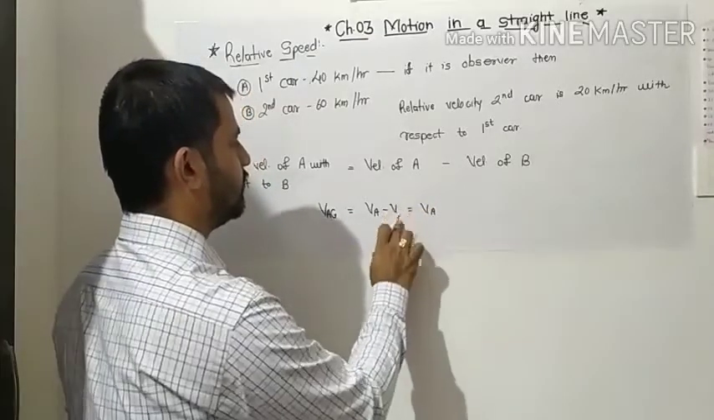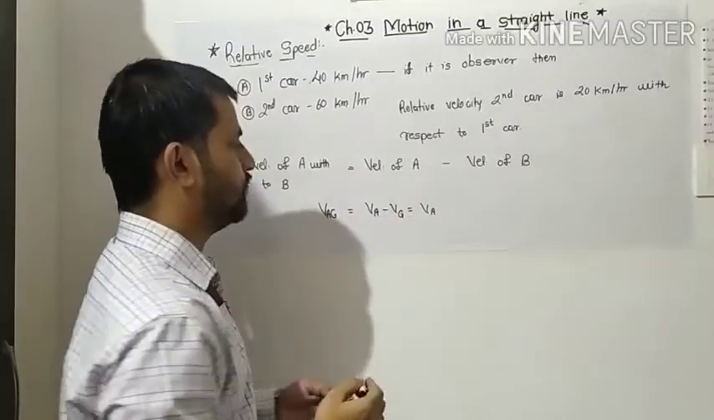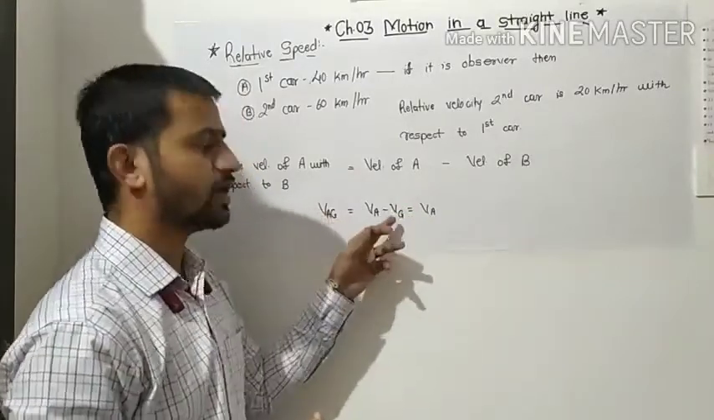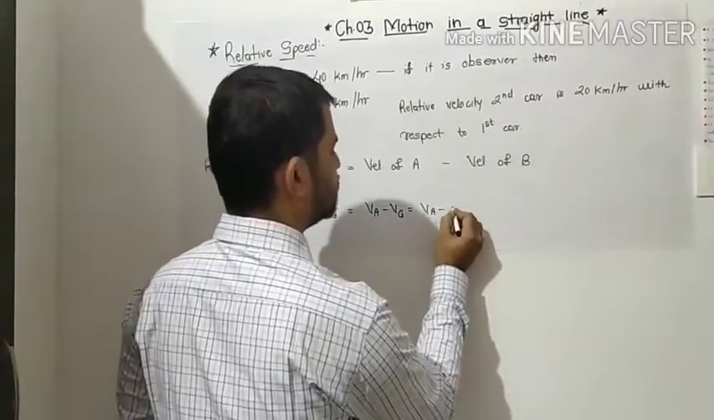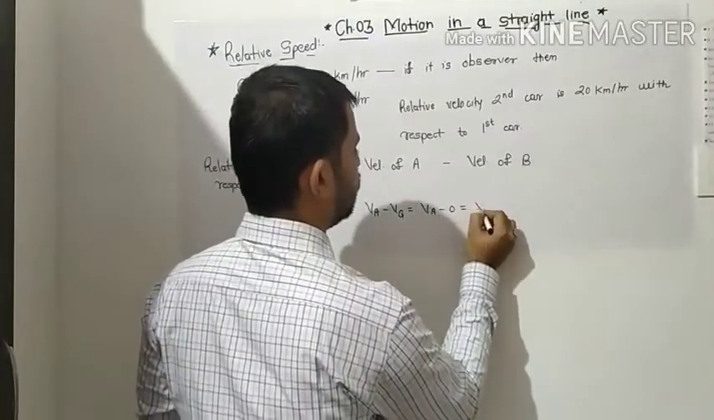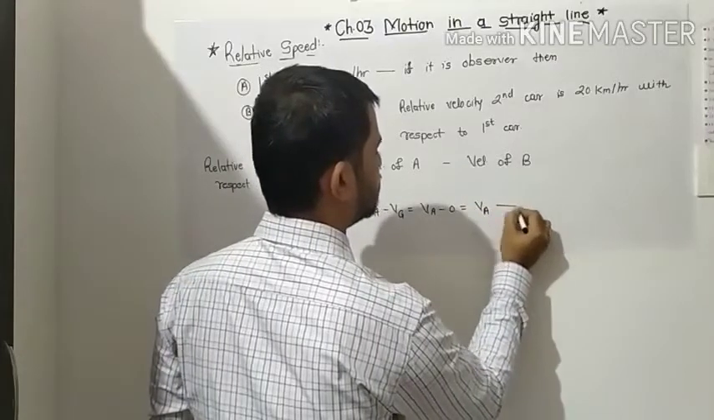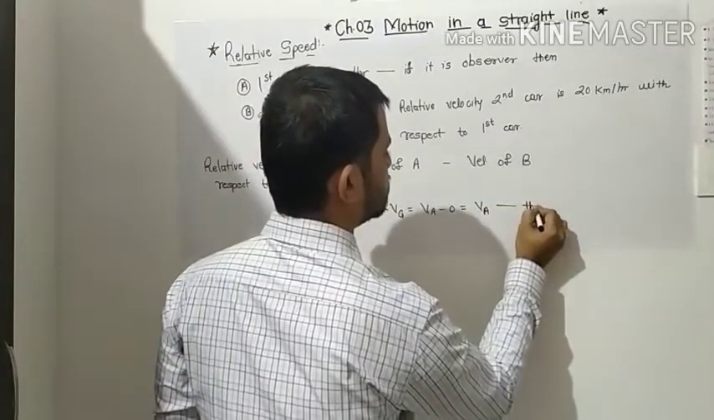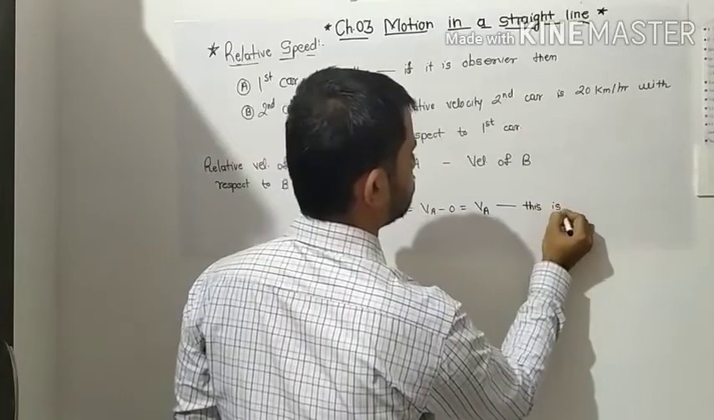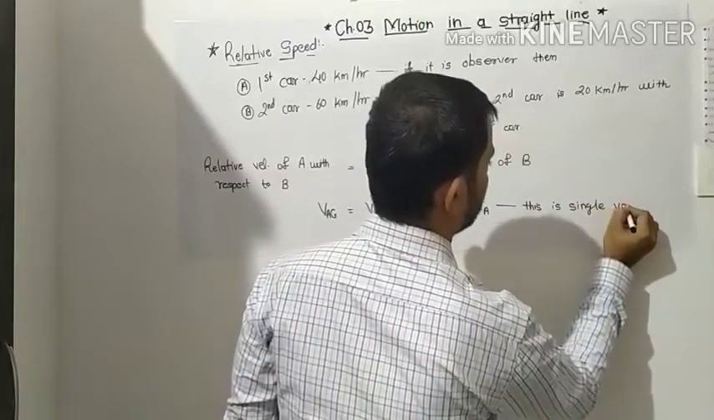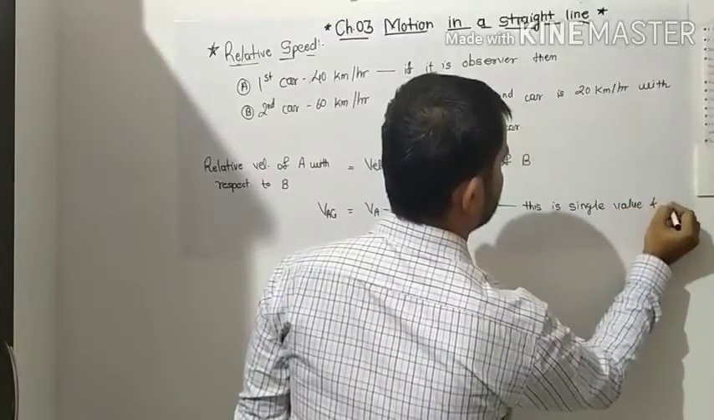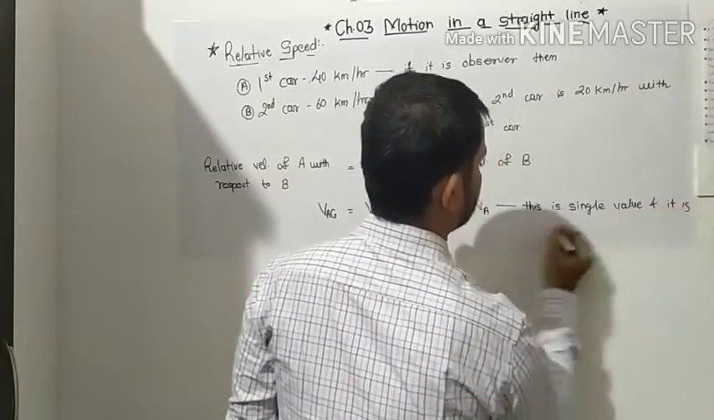Okay. VA minus VG equal to VA, because the relative velocity of ground with respect to ground is always 0. Okay. VA minus V0 equal to VA. And in that case, this is a single value, and it is an absolute